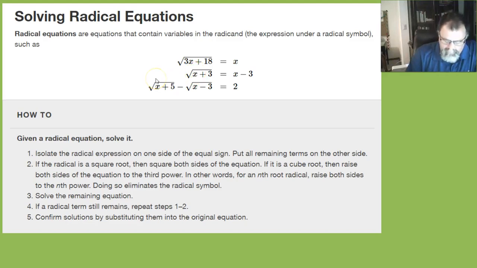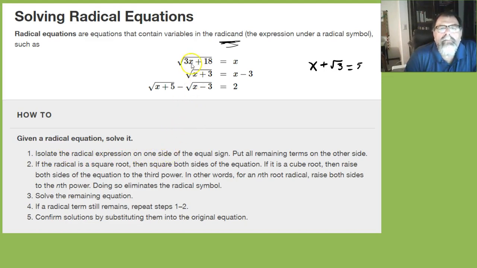Now if you had an equation with a radical like this, that's not considered a radical equation, even though you have this radical sign, because there's no variable inside the radicand. See, that's the key. Now the technique to solve these is you're going to isolate the radical expression on one side of the